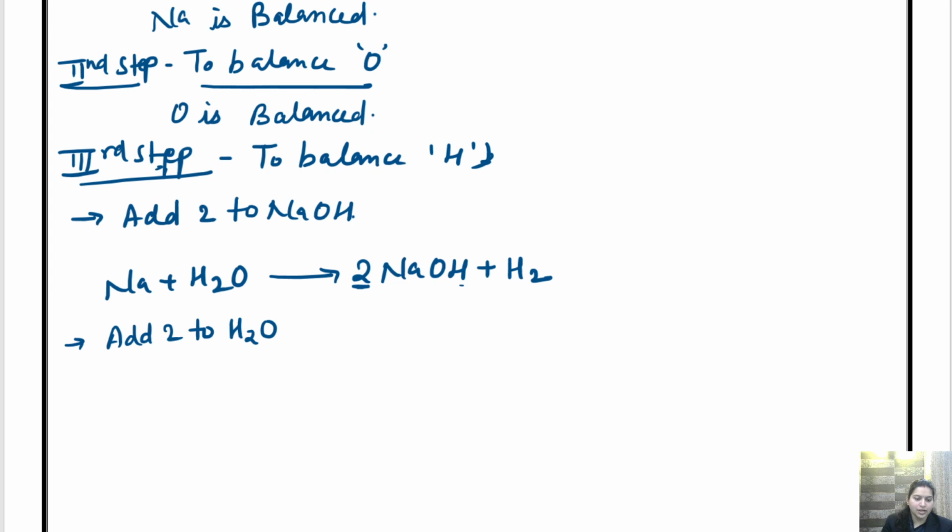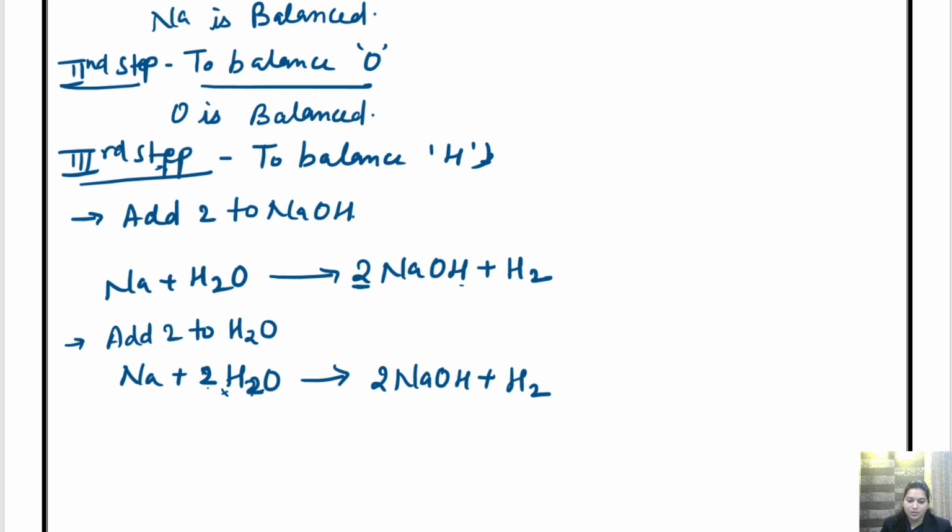ठीक, so in next step Na plus 2 H2O will give 2 NaOH plus H2. So now see, hydrogen we have 4. Children, if it is written like this कि यहाँ पे भी 2 लिखा है और यहाँ पे 2 लिखा है, so we multiply it. 2 into 2 is 4. Okay, अगर यहाँ पे 3 होता और यहाँ 2 होता तो 3 into 2 is 6. यहाँ पे 4 होता 2 होता तो 4 into 2 8. Okay, so we will multiply this 2.